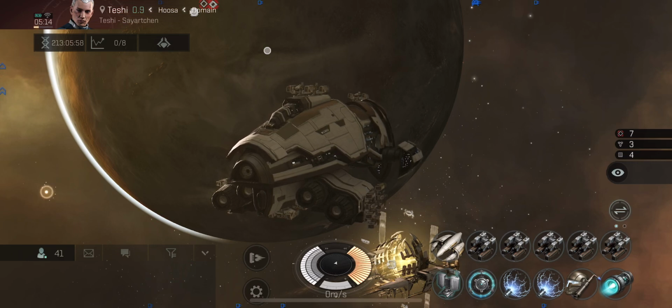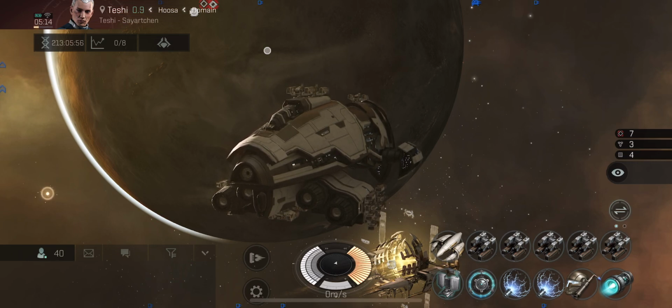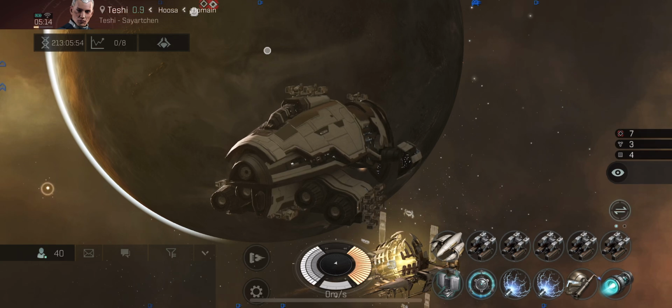So if you set that optimal range, it's going to dump you directly into the middle of the junk. And you probably don't want that. Day 0, you want to start out as far away as possible